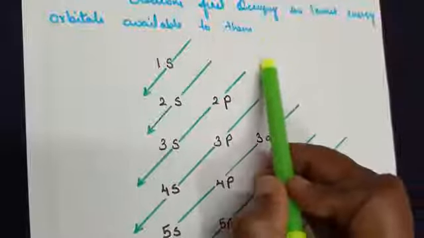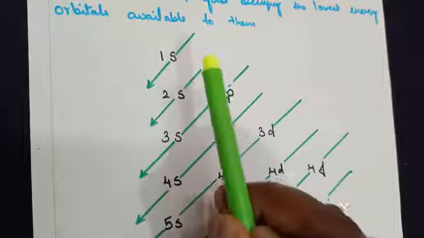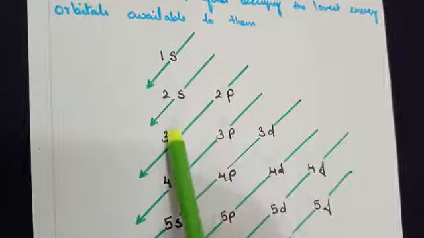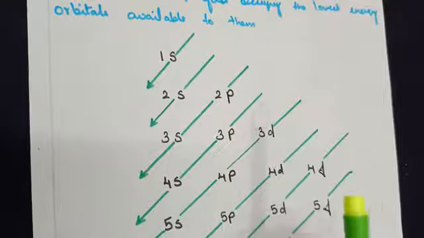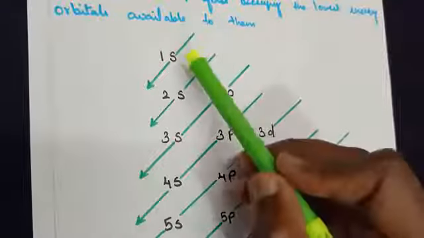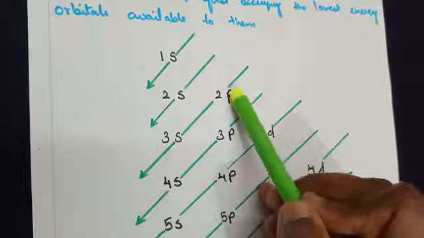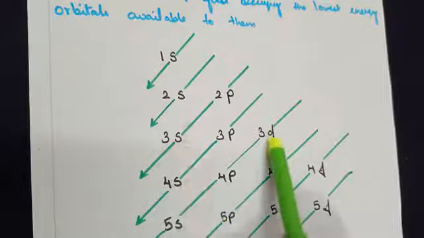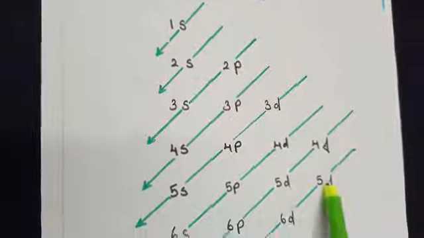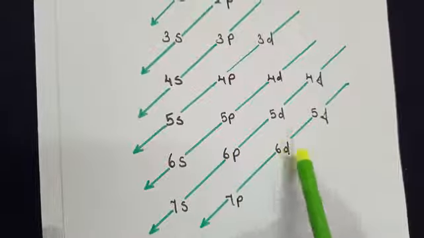Now, when you write it down, write it as 1s, 2s, 2p, 3s, 3p, 3d. Now there might come a question: why am I writing 1s, 2s, 2p, then suddenly 3s, 3p, 3d? Then if you look at the 4th and 5th level, I'm going up to f there. Then again the number is getting reduced.